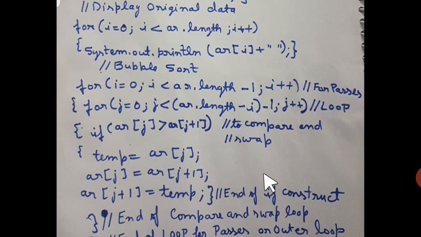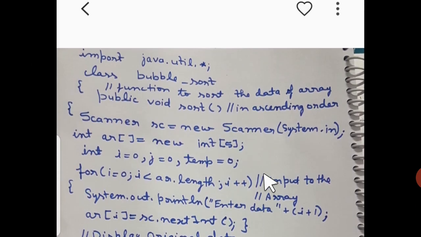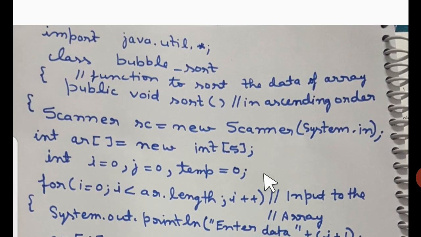Students, after this you just see here that we talk about the program now. So first we need to have the array, and then we have to perform the input, and then we have to perform the display of the original data. So for input we need a scanner class, so we have written import java.util.asterisk semicolon. If you have any confusion regarding the input and also class or function definition, please refer to my previous videos, that's quite important. After that, public void sort, there is a sort function for sorting the data.